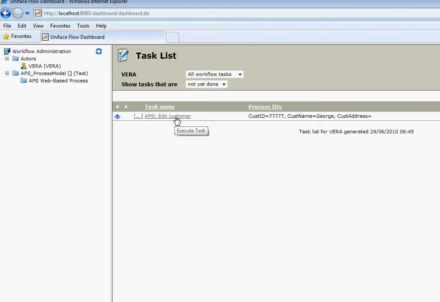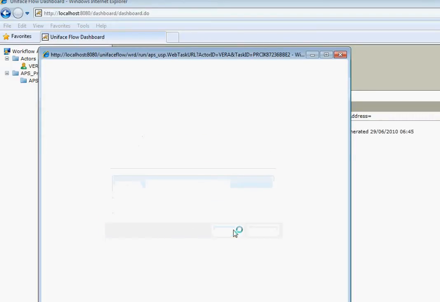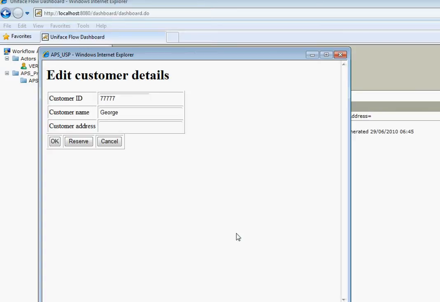Now this is an interactive task, so this is something that's been actually developed in Uniface, as we saw earlier, and therefore it's starting a Uniface application server instance of its own, and hence it's asking us to verify our login credentials. As we see, the input parameters have been correctly captured and space for an output parameter has been provided. So we'll just pick an address of New York. And we press the OK button,